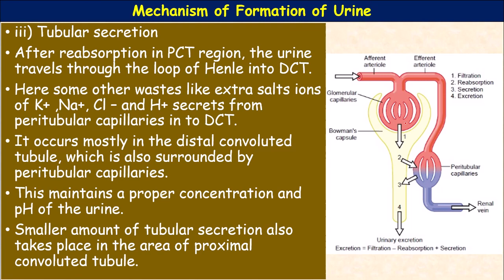Amphibians and desert animals. Okay, desert amphibians and marine fishes, because they lack glomerulus in their nephrons. So they form urine by secreting solutes such as urea, creatinine, and mineral ions into their tubules. So tubular secretion is of less importance in mammals. Thus, urine is formed in the nephron by a combination of glomerular filtration, tubular reabsorption, and finally tubular secretion.